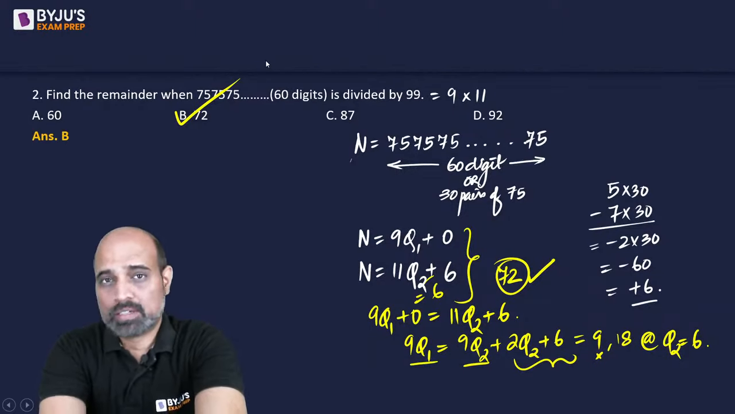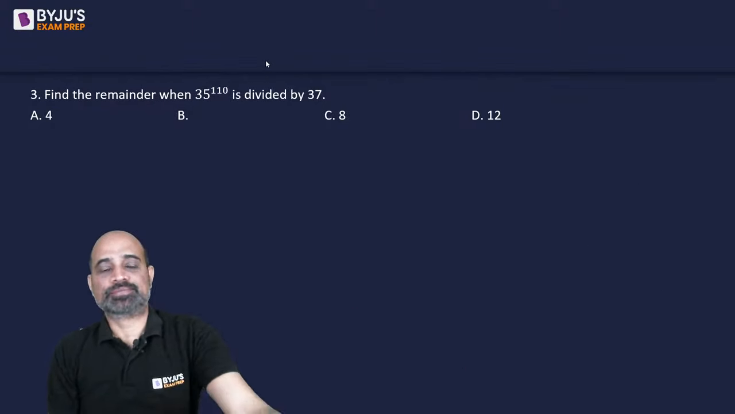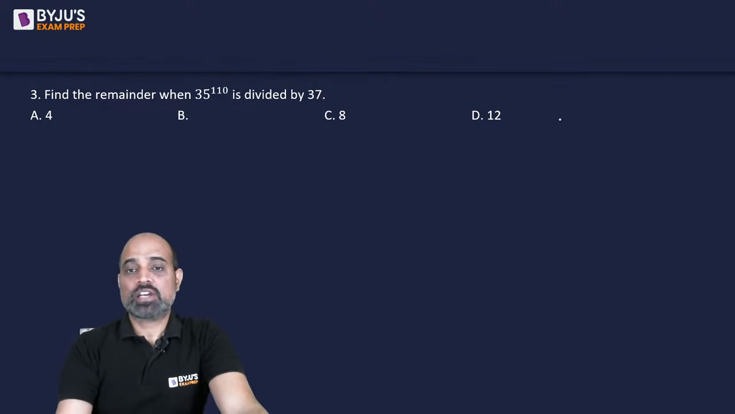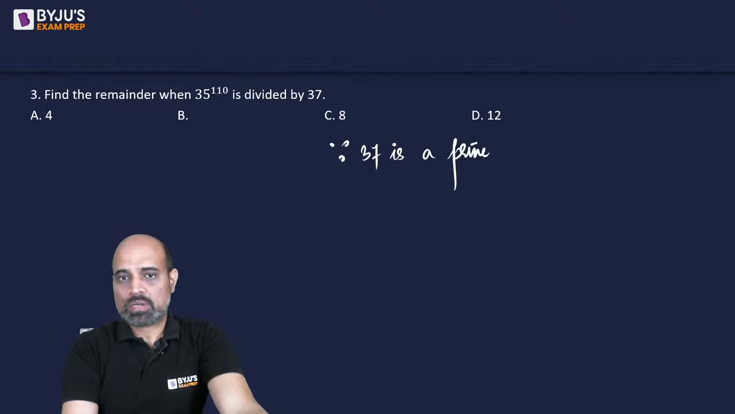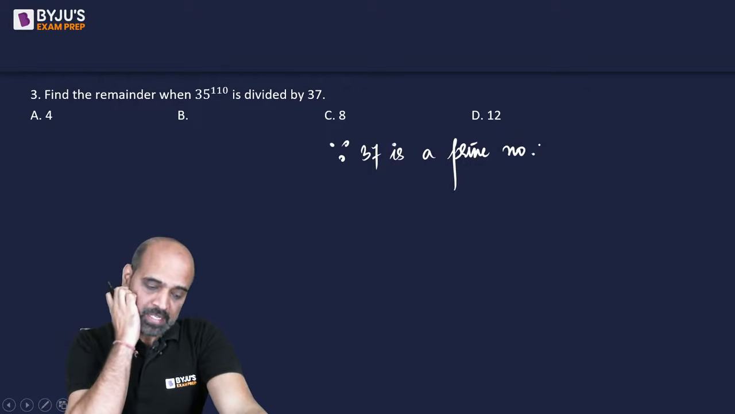Okay, option B is 72. Let's look at the next question. Find the remainder when 35 raised to 110 is divided by 37. Now, since 37 is a prime number, what we can do is